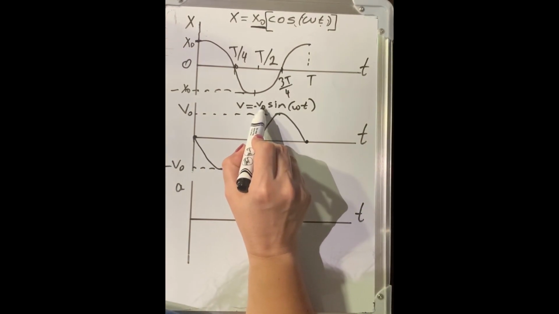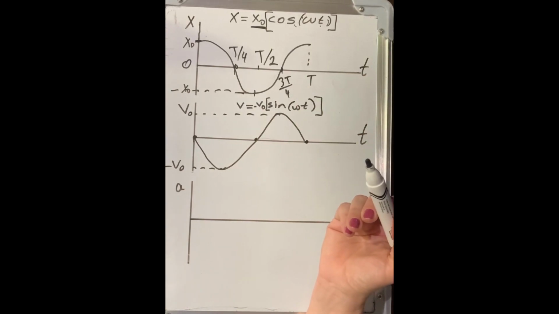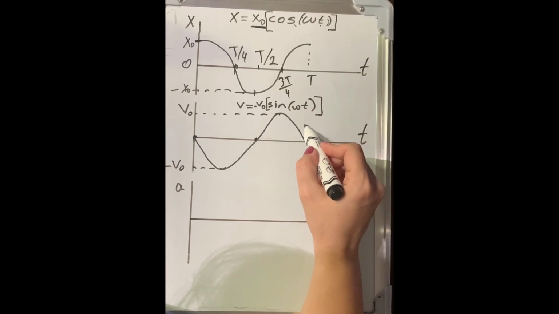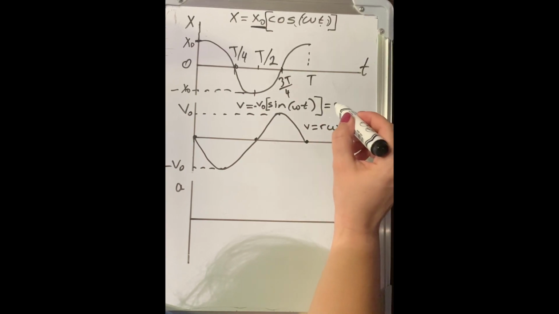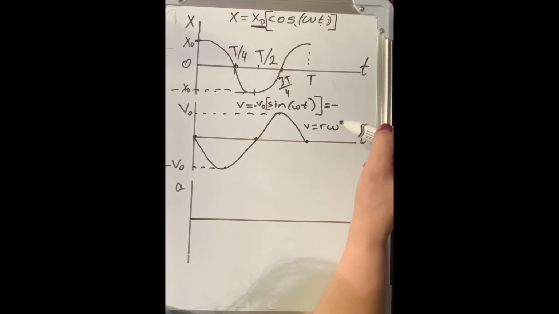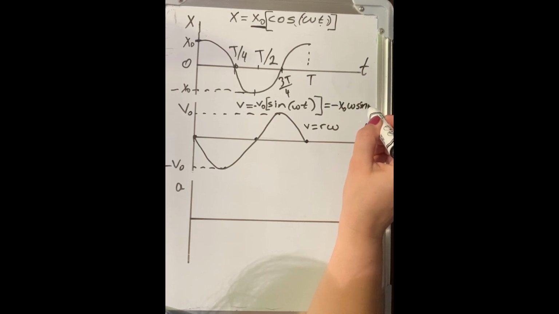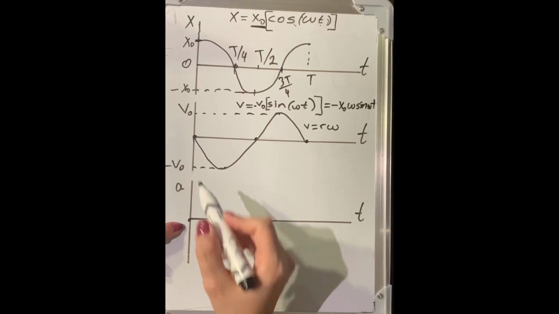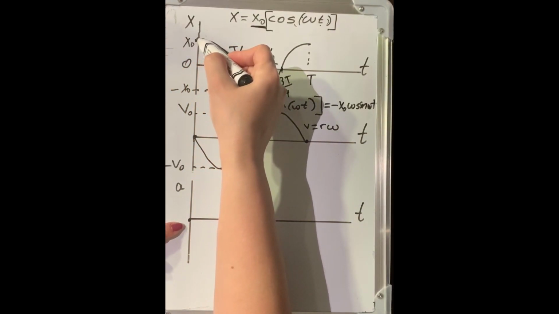The V0 is the maximum value of this function as the one before, but we know from circular motion that v is equal to r omega, so I can rewrite this as negative, r would be the amplitude, so x0 omega sine omega t. Looking at the acceleration function, at t equals 0, the mass is at positive maximum displacement,